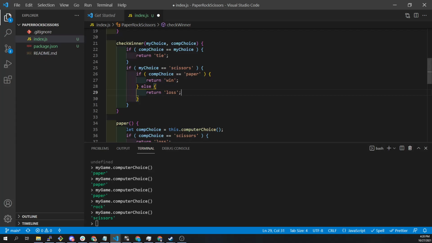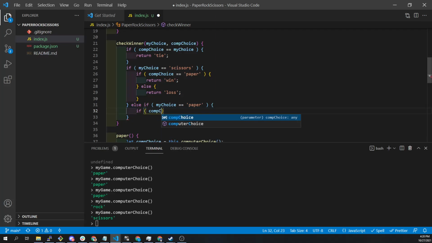Because if we've picked the same thing up here, so scissors and scissors, it's a tie, and this exits out of the function. If we've picked scissors, we either win or lose, because the tie option is going to be taken care of right off the bat. So then the other thing we need to check is if my choice equals paper,